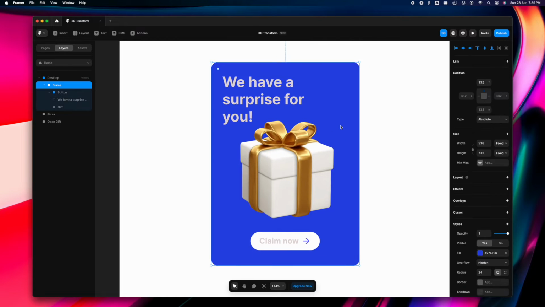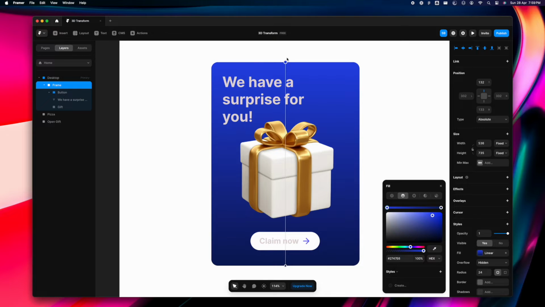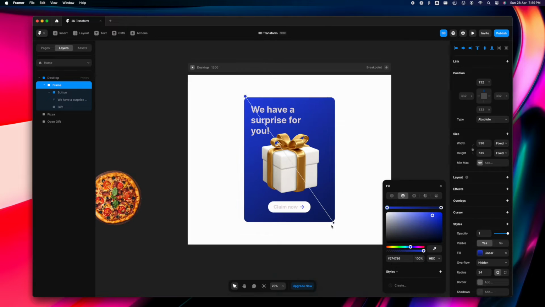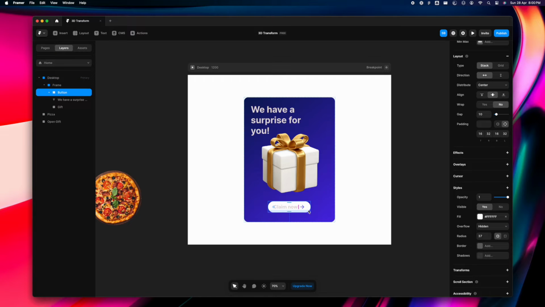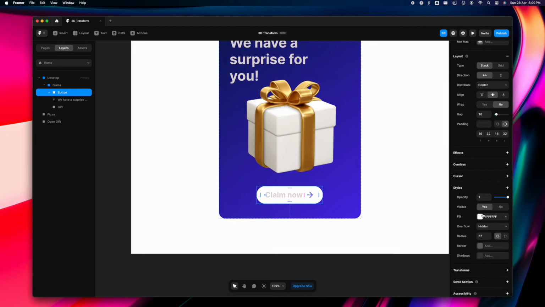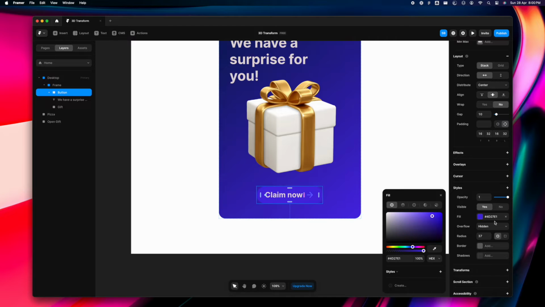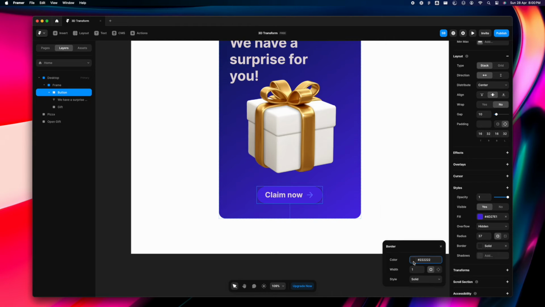We're going to select the frame and adjust the color here. I'm going to add a linear gradient in the shade of purple. Something like this maybe. You can just keep adjusting in the way you like. And I'm going to change the color of the button as well. Let's just keep the button purple only by picking up color from the card itself.